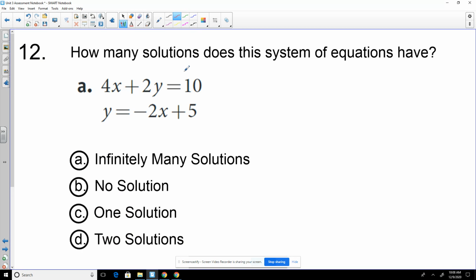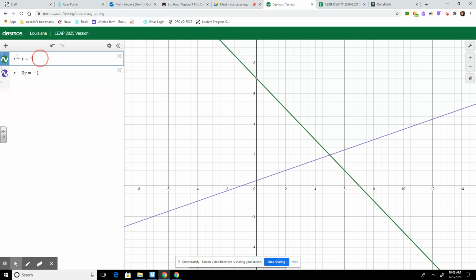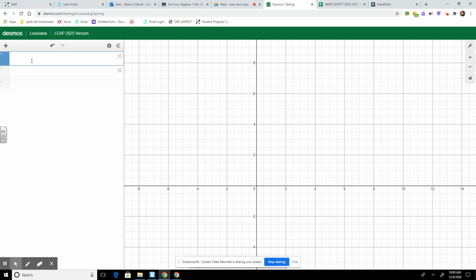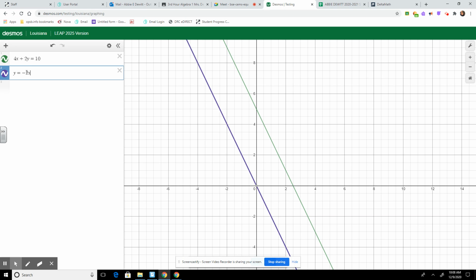Okay, number 12. How many solutions does this system have? Let's graph the system and see what it looks like. When you graph the system provided, 4x plus 2y equals 10, y equals negative 2x plus 5,